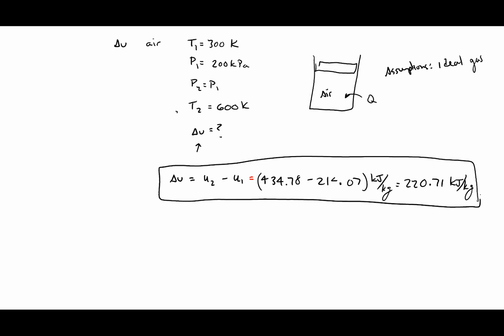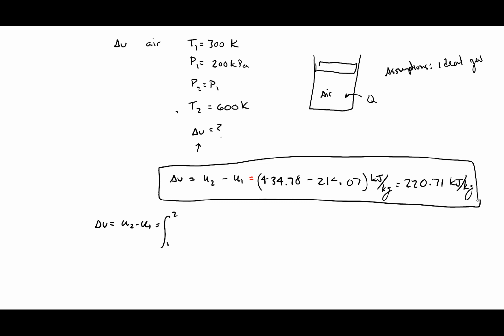Using data off the table like that is going to be the most accurate way to calculate delta U, but the whole point of this section on specific heats is, what if we don't have that data available? That data isn't available for a lot of gases that we're interested in. So now let's look at how we would calculate this using this polynomial equation. We know that delta U is equal to U2 minus U1, and this is equal to